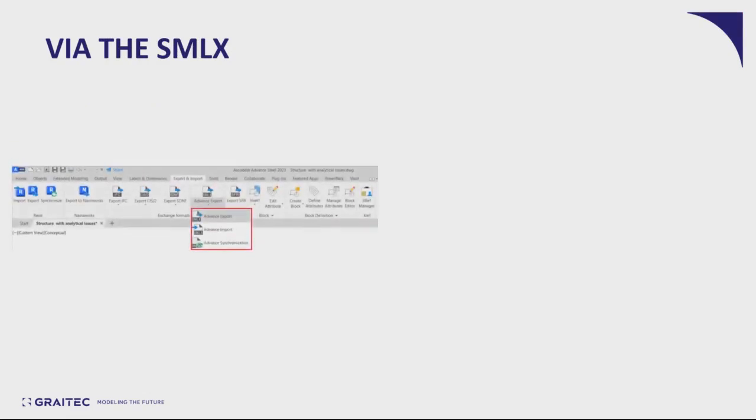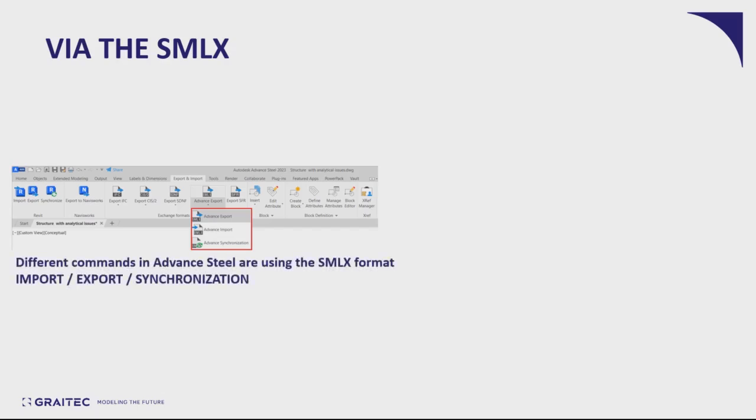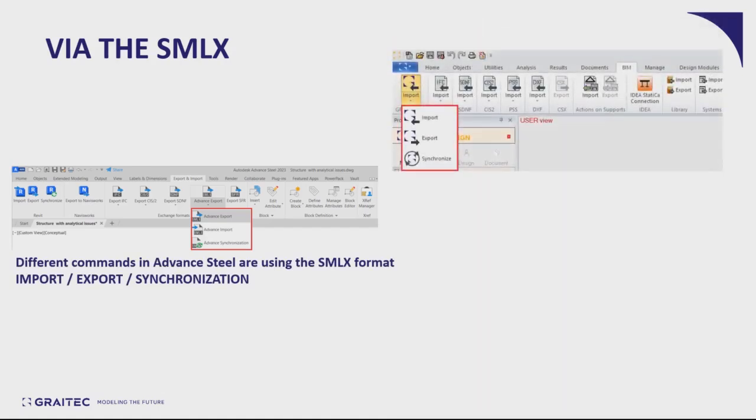Via the SMLX, we have, as I said, the basic exchange file format from the Autodesk ecosystem. It's available under export and import in Advanced Steel, and we have the same three types of commands: export, import, synchronization. Then in Advanced Design, under the same command with the GTCX. So if we want to import or export a file, for example, when we import, we